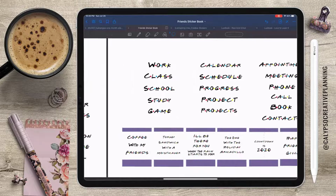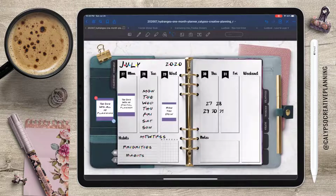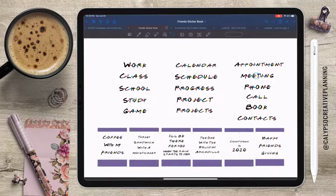I mean, it feels like 2020 was a while ago. I mean, we're in 2022 now. What the fuck? Anyways,